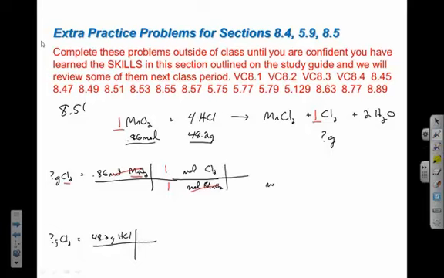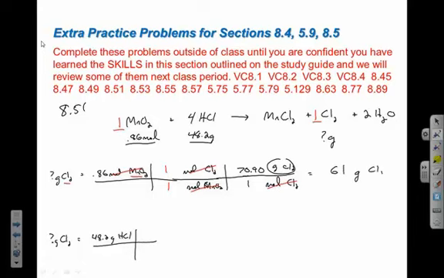And then if I want to convert moles of Cl2 into grams of Cl2, that relationship, when I'm not converting from one substance to another, just converting from grams to moles or moles to grams, that's the molar mass from the periodic table. So 2 times 35.45 gives me 70.90 grams per mole for the Cl2. So that cancels the moles. I've got the units I want, so I multiply that by the 0.86, and I get 60 point, well, I've limited to 2 sig figs, so I've got to round that 0 up to a 1. So 61